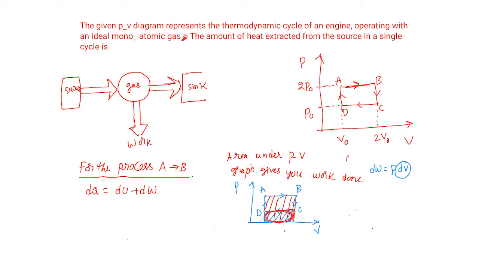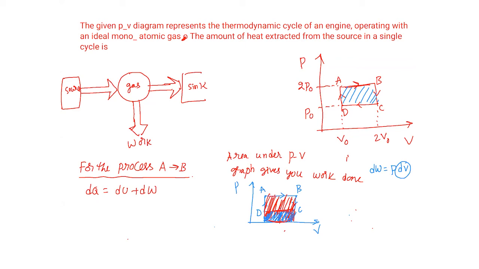Now tell me, altogether in the whole cyclic process, what is the net amount of work done? Positive work is done or negative work is done? In the whole cyclic process, what is the work done? The area enclosed by that process, positive. Why? Because see here, positive area is bigger than negative area. Now tell me, what is the net amount of work done? Net amount of work done is the area enclosed by that square or rectangle. Am I correct?